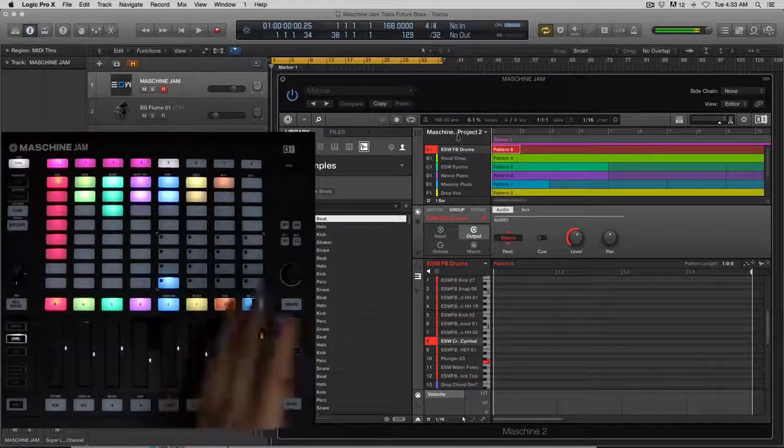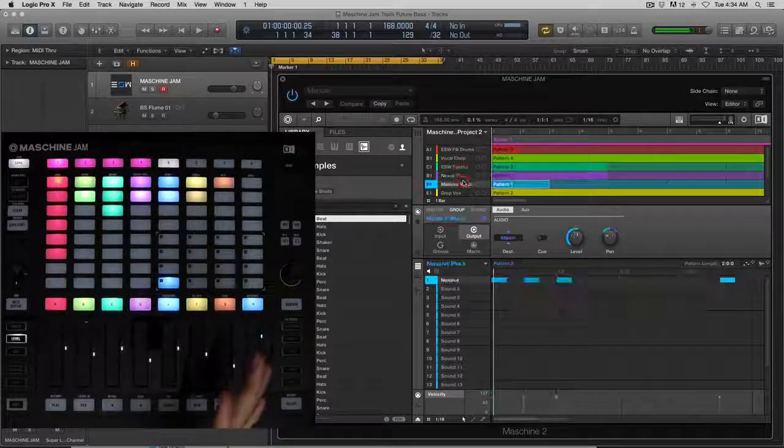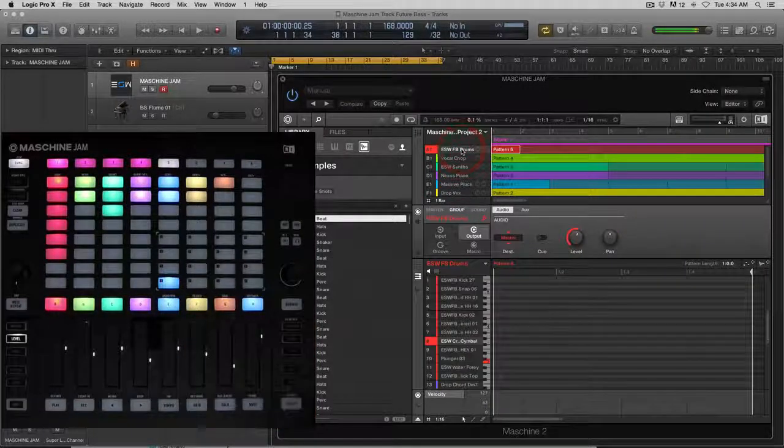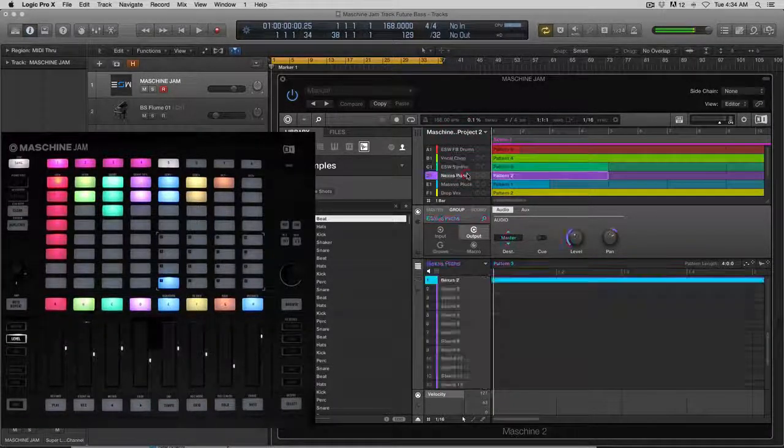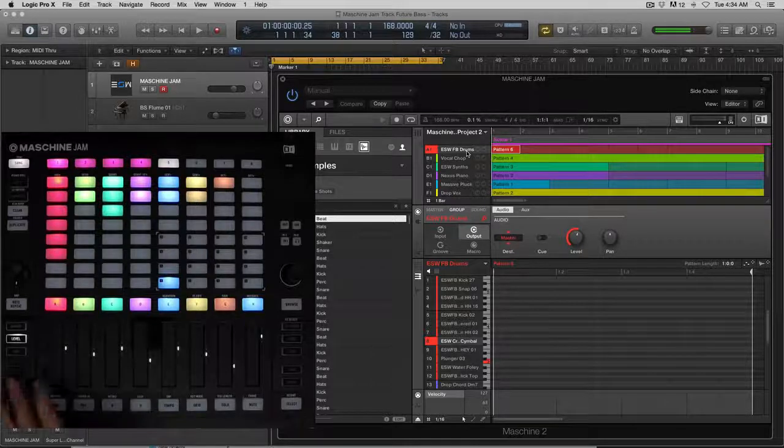So we have our pattern pretty much set to go. And what I'll typically do when I'm working in Maschine is once I get something like this laid out, I'll usually export it into separate sections in Logic. I'll just take this handle and export. So we're not going to look at that in this video yet, but we're going to be checking out how you can set up these performance strips. So for instance, if I loop this,